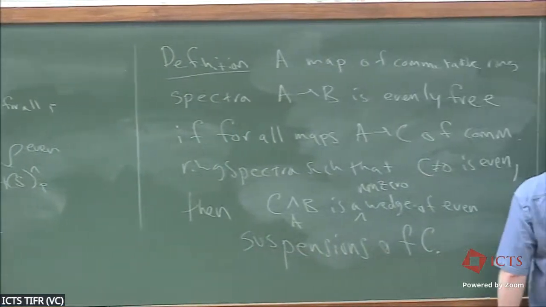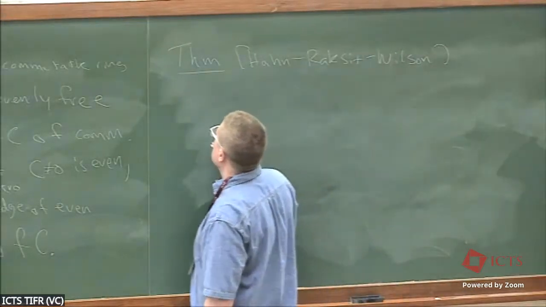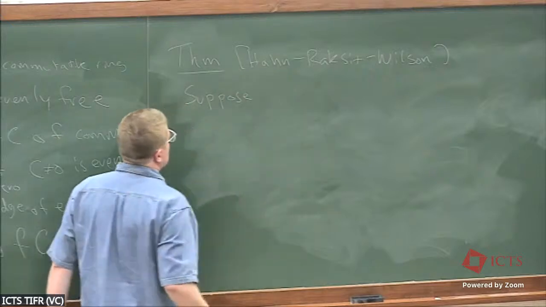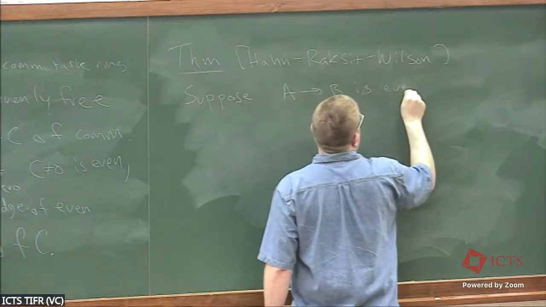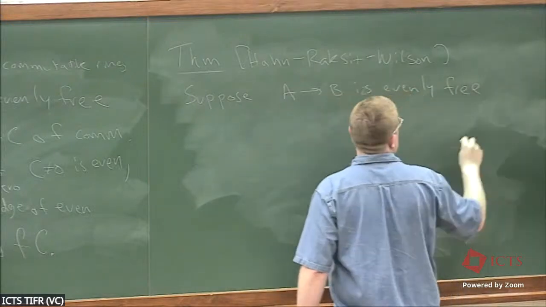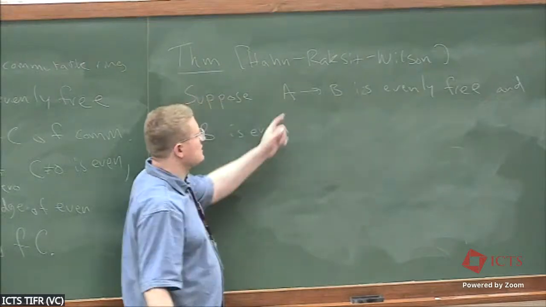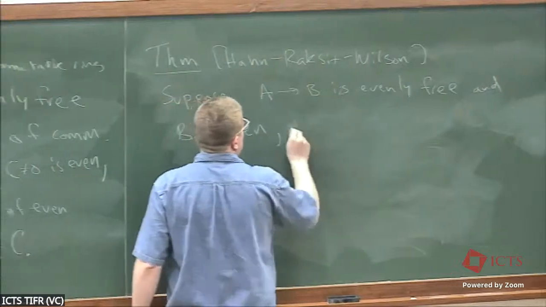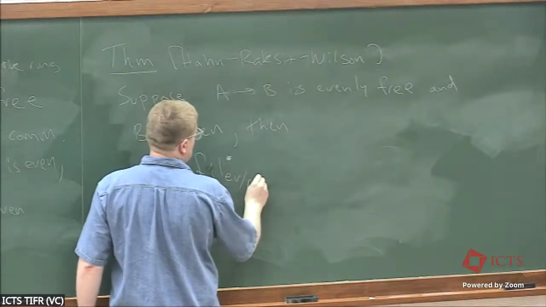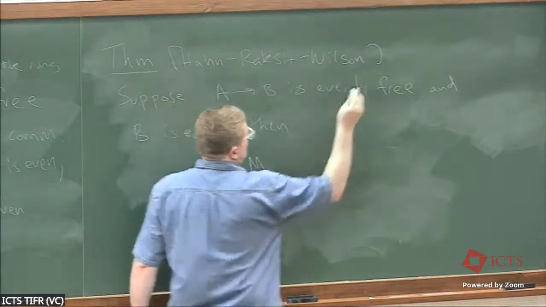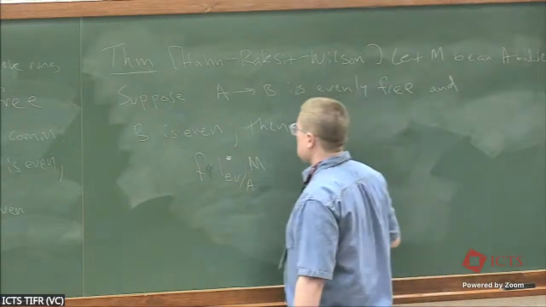So this is the theorem of Hahn and Wilson. Suppose that A to B is evenly free. And let me also assume B is even. So in particular, I'm assuming this is a map of commutative ring spectra. Then we can compute the even filtration over A of some... Oh yeah, first let me also let M be an A module. Then we compute the even filtration